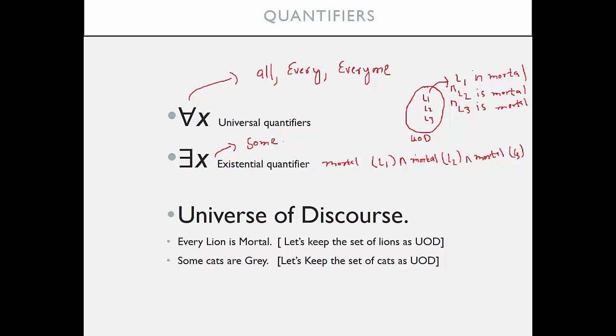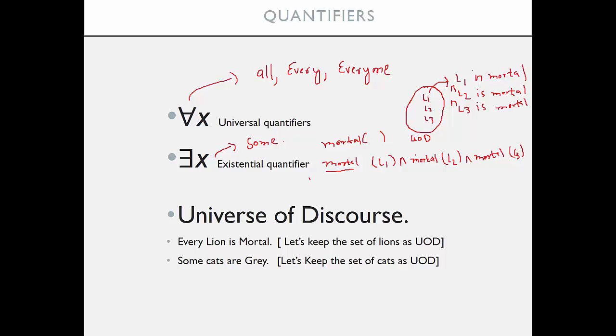And for that, we have a single statement, because here this skeleton, mortal, gets repeated. Mortal L1, mortal L2, mortal L3. So this gets repeated. So instead of writing so many statements, we can replace it with a single statement, which means